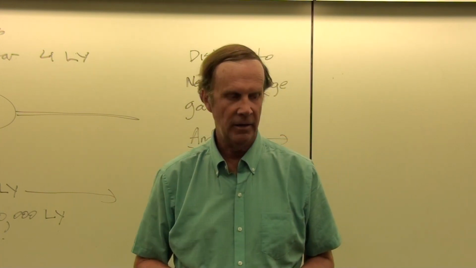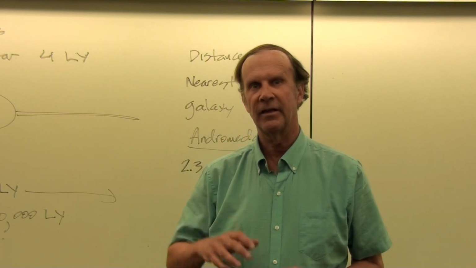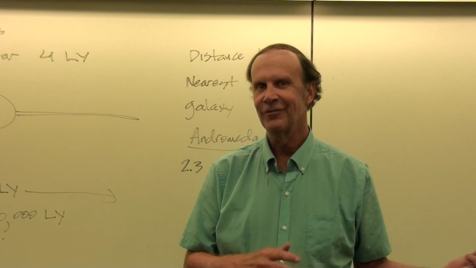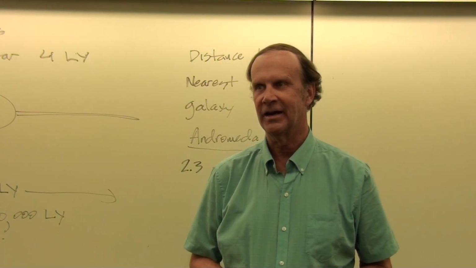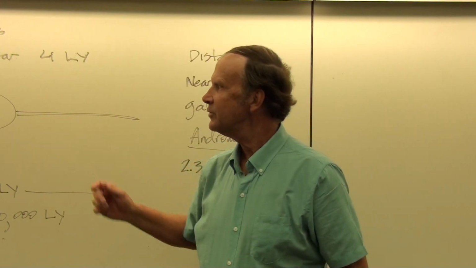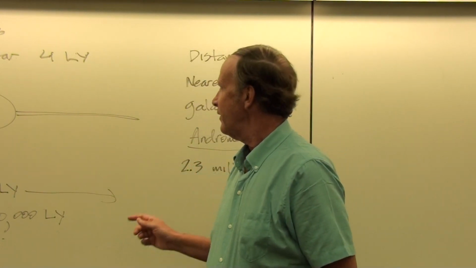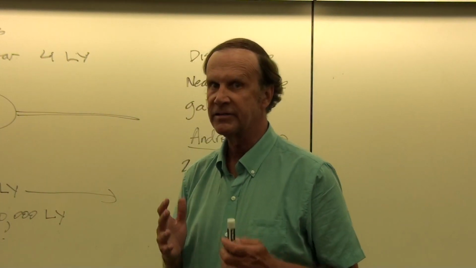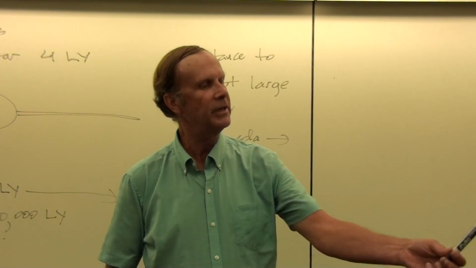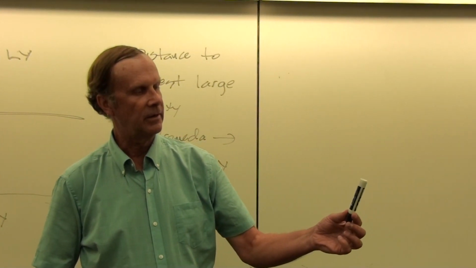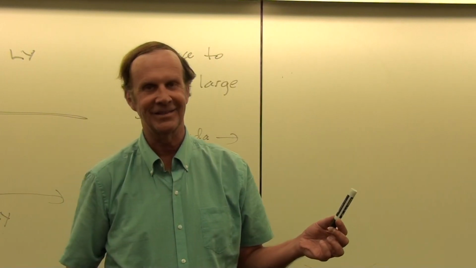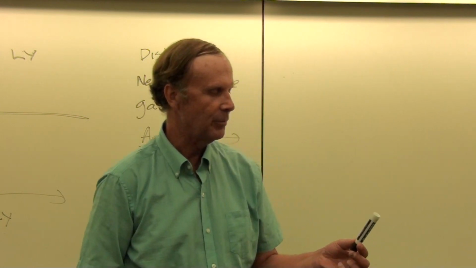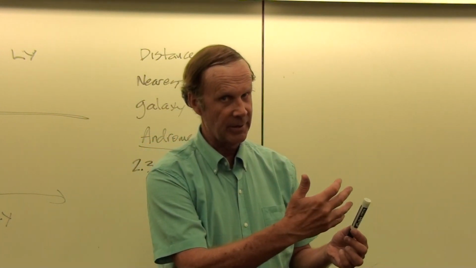And only then would we realize that something had happened, and then we could infer that that collision had happened 2.3 million years ago from the fact that it took the light that long to get to our eyes. So now that we're dealing with such huge distances, the amount of time that it takes for the light to get to our eyes becomes a significant factor. It's not a big deal when I'm looking at this pen, because I know that in a billionth of a second things haven't changed much. So I'm pretty much seeing the pen as it is now, to a reasonable approximation, even though I am looking a little bit back in time.